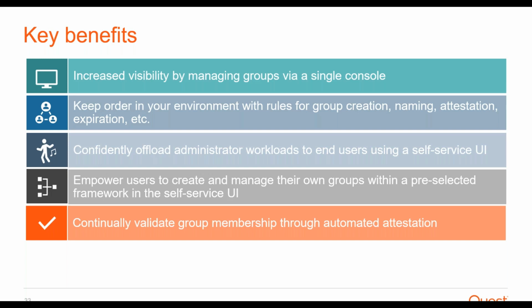So rules for group creation, I can control naming conventions. You know, you have to have this text in a group name. You pick a location, geo, we can pre-populate some drop-down fields and things like that. Attestation, you know, say that the owner of the group has to attest every 30 days, for example, that the membership is correct. And expiration as well. So, you know, expiring group memberships, or expiring the groups themselves, all helps to keep a tighter control over your